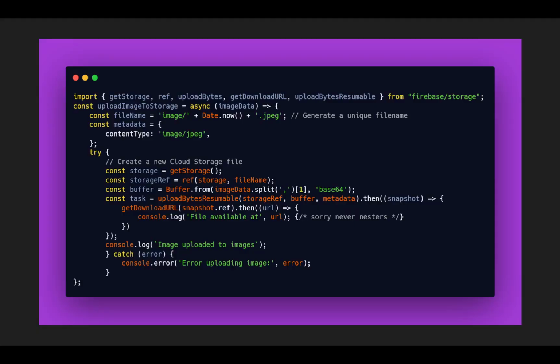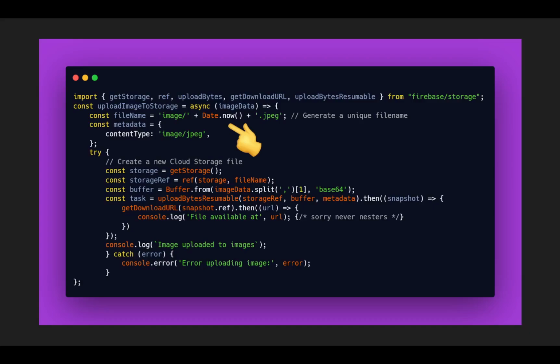Inside this actual function, there's a few things that need to happen. First, we're going to need some imports from Firebase storage. Then, we'll need a unique name for each of the files we want. Here I'm going to use the current time and date as the file name, and it needs to end in JPG. This is going to allow each file name to be unique, assuming no two users upload at the exact same time, and it'll allow me to organize things by the time that they were